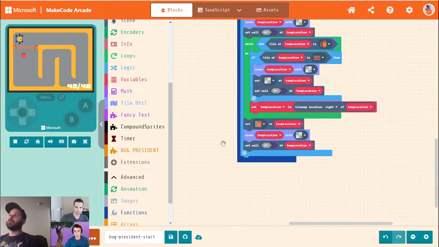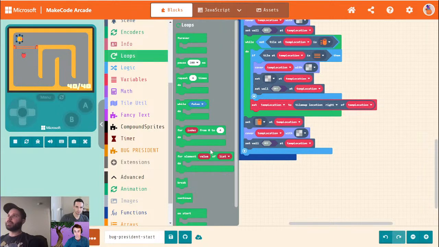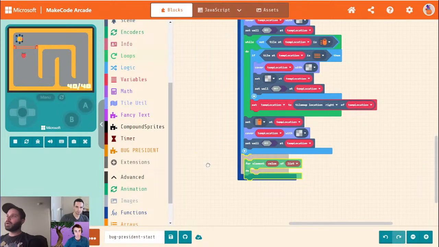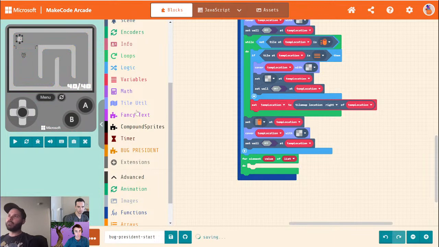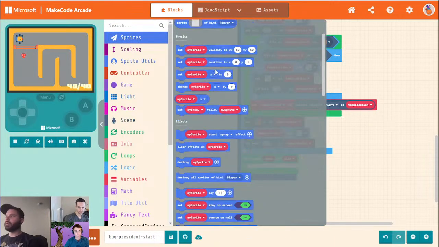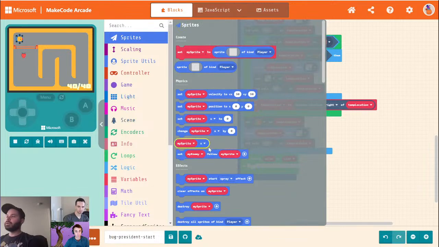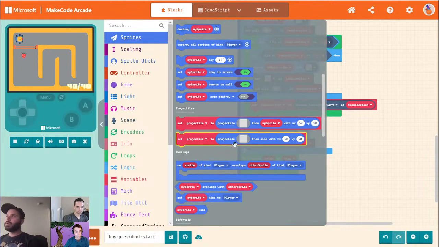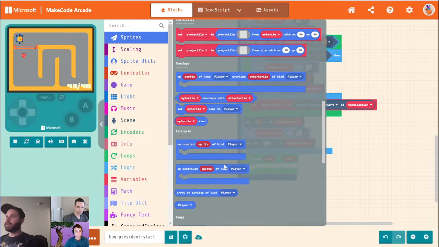So after we've done that, we want to recalculate all of our paths. And the way we're going to do that is by looping over. Right now we're doing our food task, so we're just going to do food first, and then we'll do the other one. So array of sprites of kind,